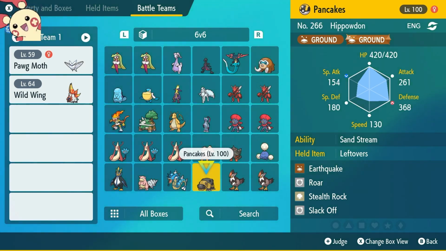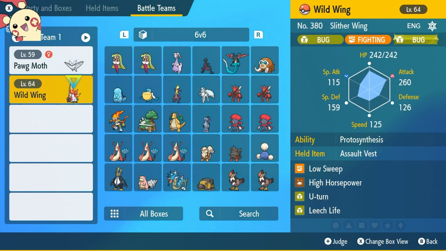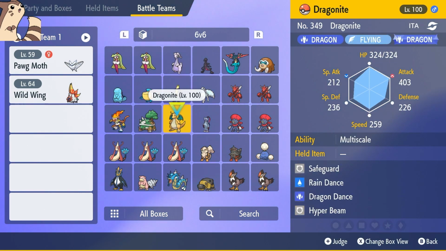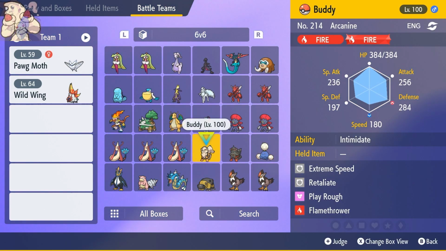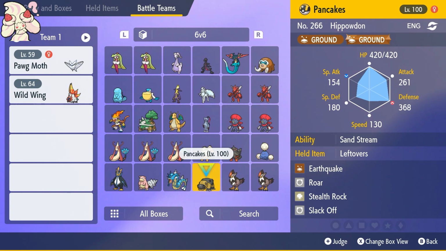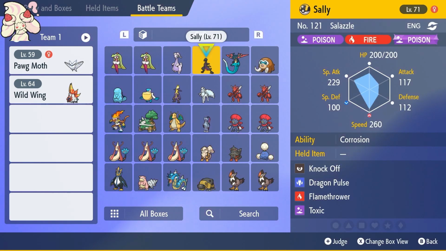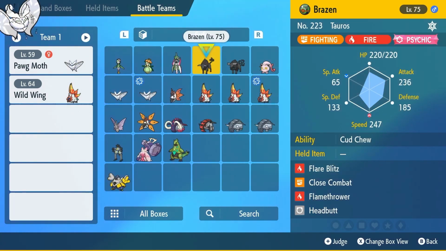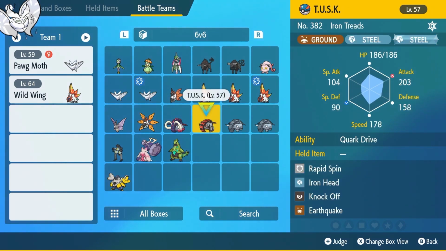The reason why I'm thinking Hippowdon is because we have recovery. A special tank already does not have recovery. Hopefully she gets Roost when Roost comes to Pokemon. That'd be great. It'd be messed up if she didn't. But I'm thinking, let me see, I'm thinking this. Let's see who else we got ready. Donphan has the...